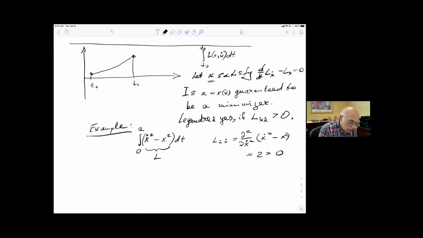I need to prescribe the endpoints, right? I didn't say anything about the endpoints of this function. So let's assume that they're 0. In other words, let's take the endpoints 0 and A. Okay, so according to Legendre,